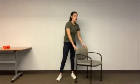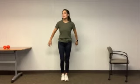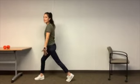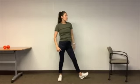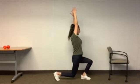I'm gonna do the more challenging version because we're almost done with class. All right, here we go. Whichever one you wanna do. So big step left, turn those hips left, sink down, reach your arms up overhead, and then return back to that starting position for one. Big step right, turn your hips right, drop down, reach up over your head, and then return to that starting